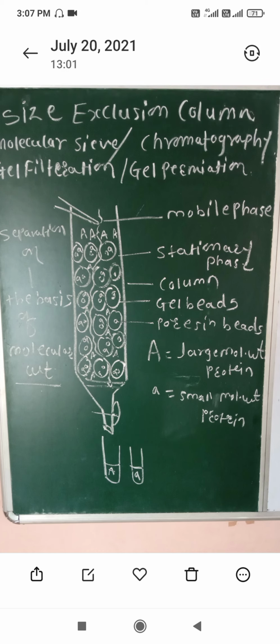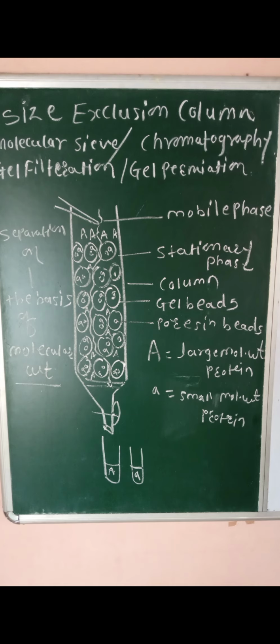The stationary phase used in this column chromatography is gel beads, generally commercially available Sephadex G25 type gel beads, and the column is a glass column like a burette. The person working on gel filtration chromatography must know the fractionation capacity or fractionation range of the gel, due to which it is possible to conclude in which fraction our sample is coming, and for this we must know the molecular weight of the protein to be separated. So before applying the sample, one must know the fractionation range of the gel beads.